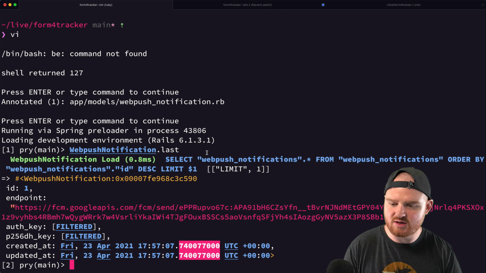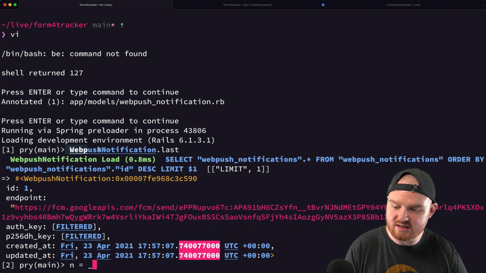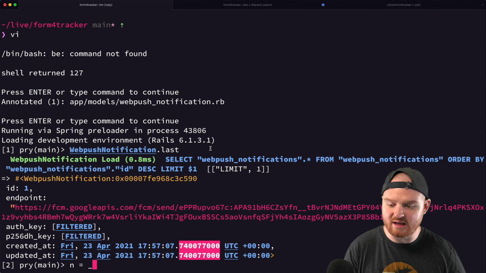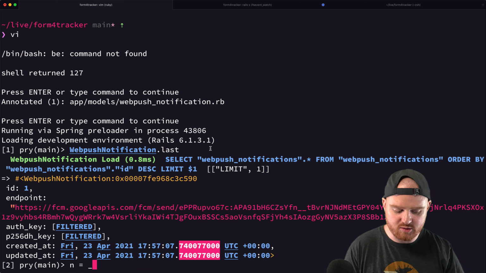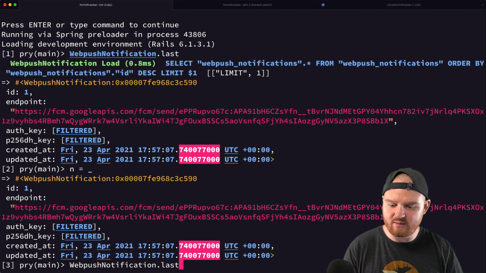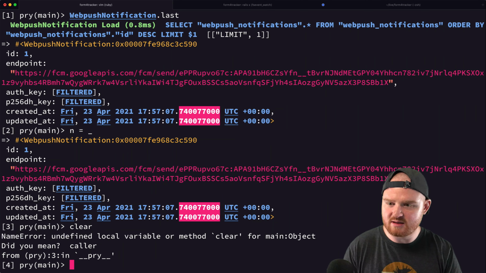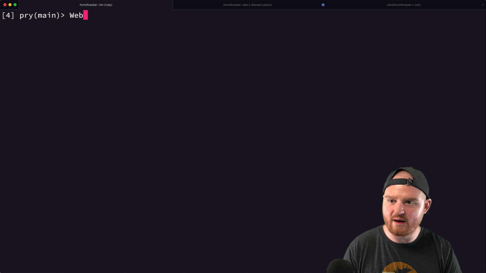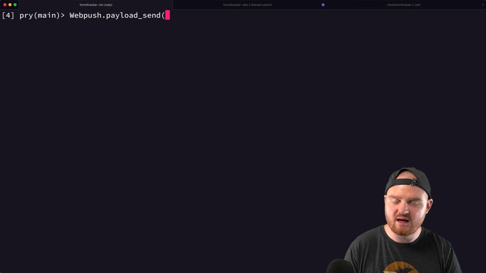WebPushNotification.last in some variable. So we'll say n equals underscore. Because the most recently run thing was WebPushNotification.last, we can use the underscore to reference the most recently run thing. And then we can say, yeah, so let's clear this and say, okay, so WebPush.payload_send. And we're going to send message is test, and we're going to send endpoint is n.endpoint, and